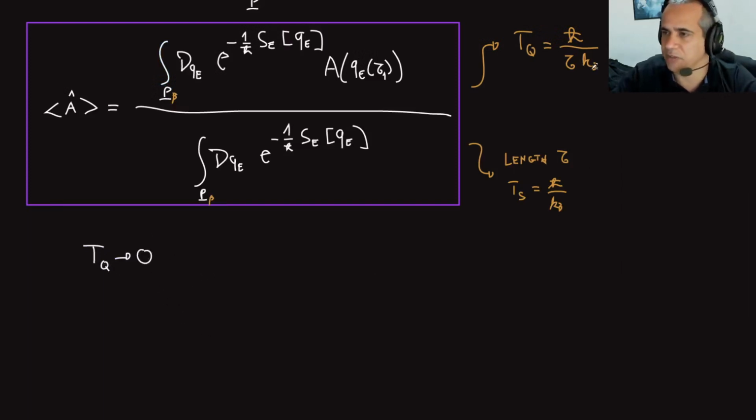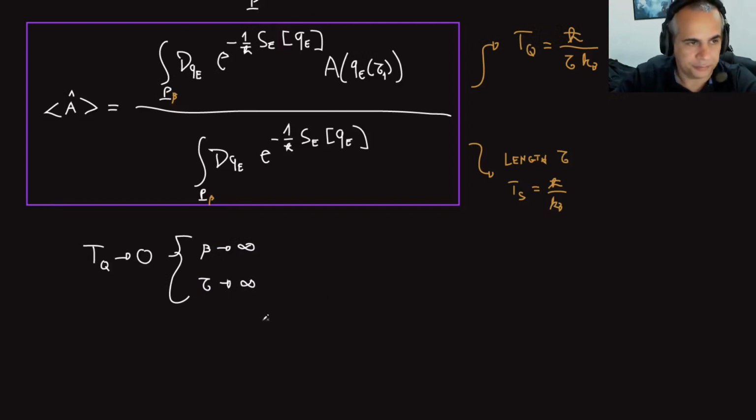Well, just have to look here and see what you can change. You can change the periodic conditions on these path integrals. And to get TQ to zero, I have to get tau to infinity, which also means getting beta to infinity, because this is 1 over beta essentially. So what I do is this: beta is h bar tau. So what happens? The trace of